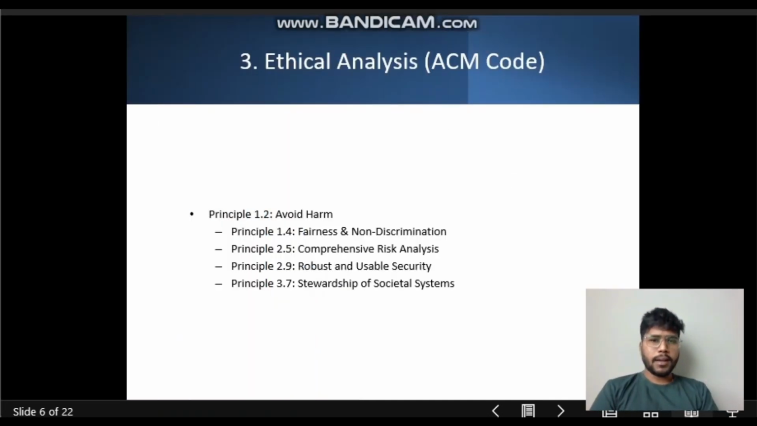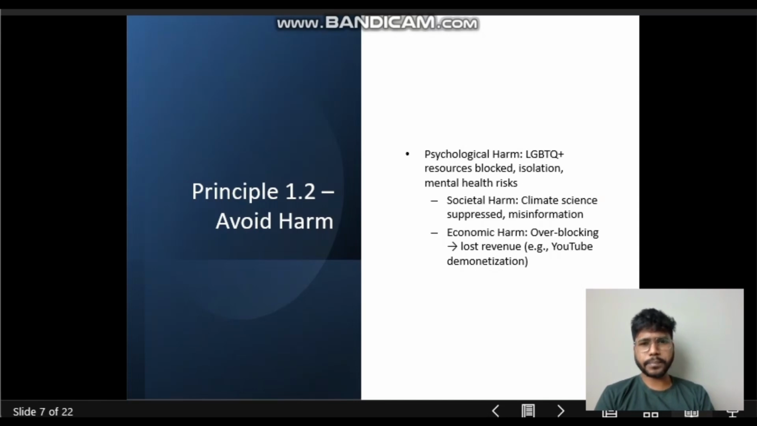So moving forward to the ethical ACM code. Here we'll discuss the principles. The first one is avoid harm. Principle 1.2, avoid harm, and we'll discuss it. The ACM code here mandates that computing professionals avoid harm. Okay, so Blocker Plus violated these principles mentioned over here